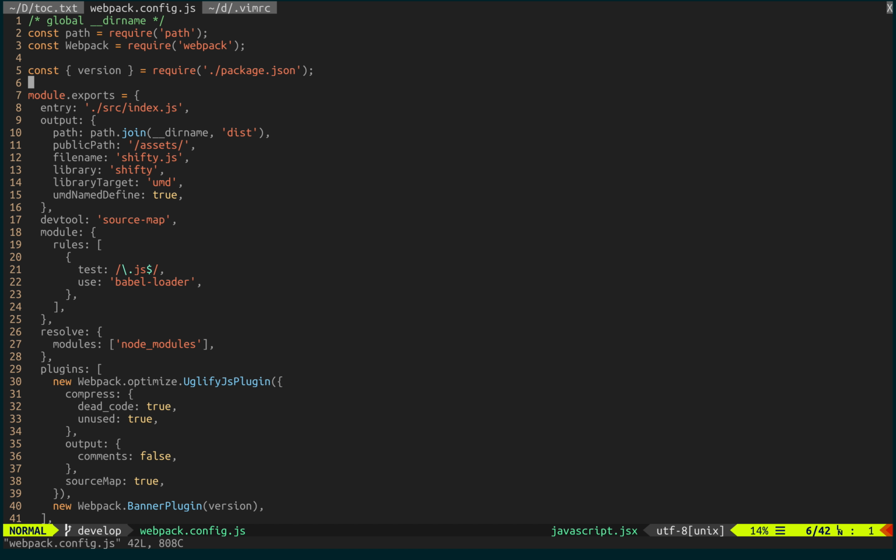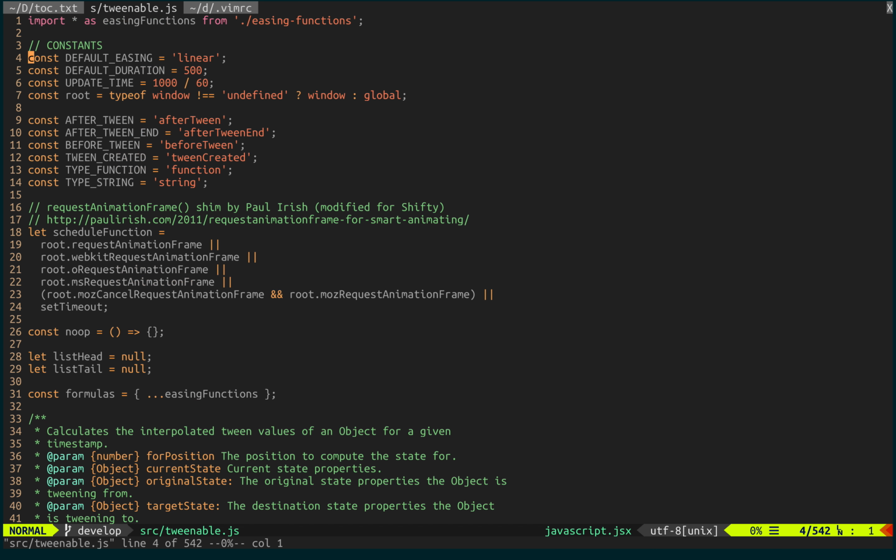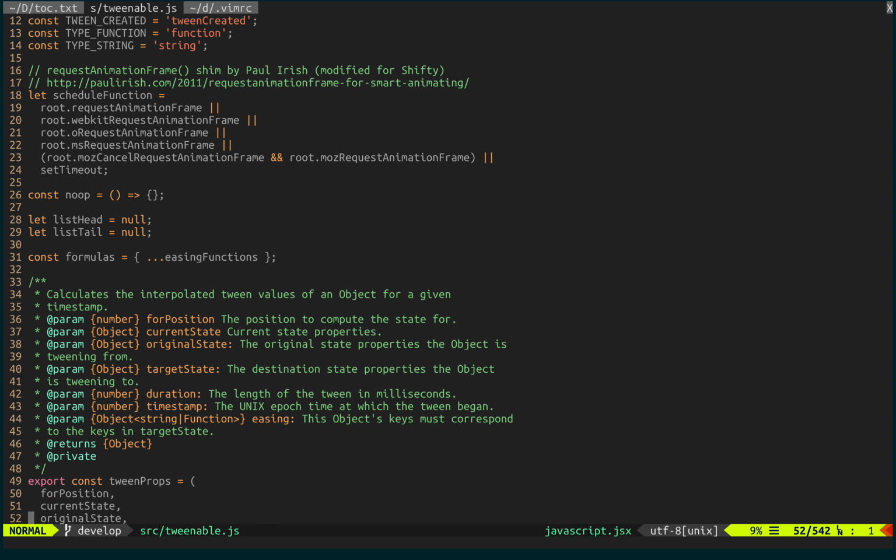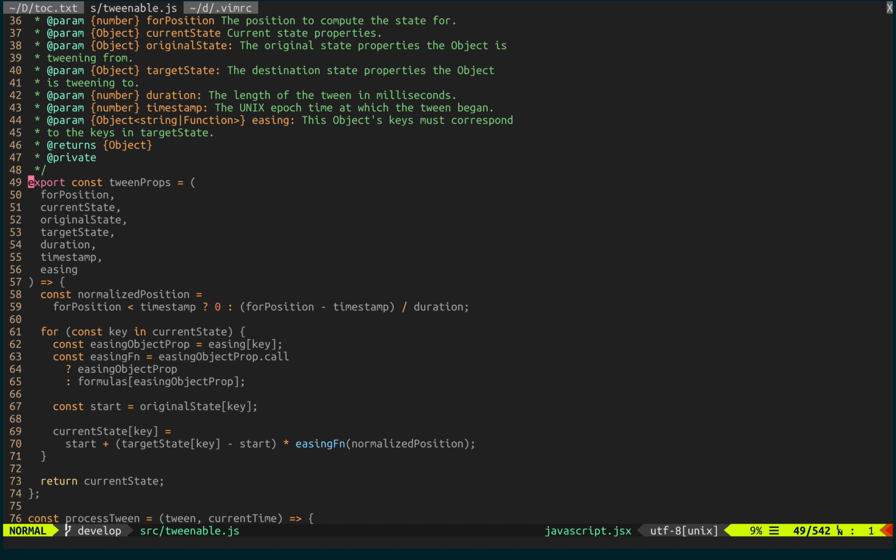So let's say that we want to find a word or a piece of text. We don't necessarily care about the file names, but we care about the actual word that we're searching for. So let's go back to the tweenable file. There we go. Just use FCF to get to it really quickly. And let's say that we want to search for everything that uses, say, this variable here. So we're exporting it. We want to see what's using it. So I can actually use